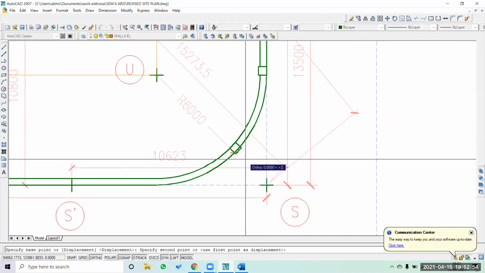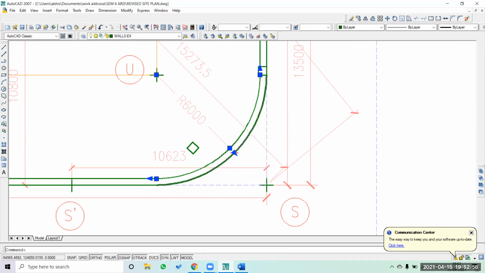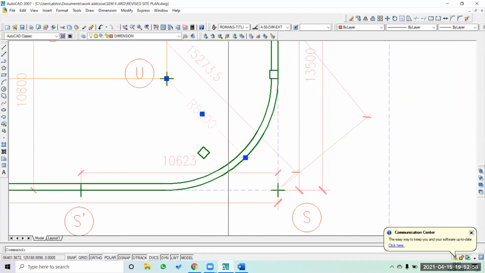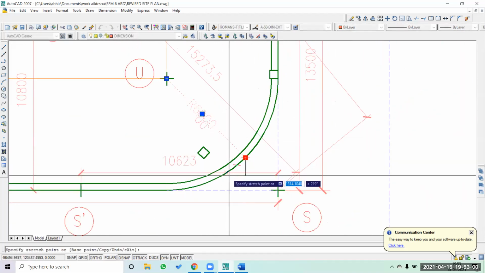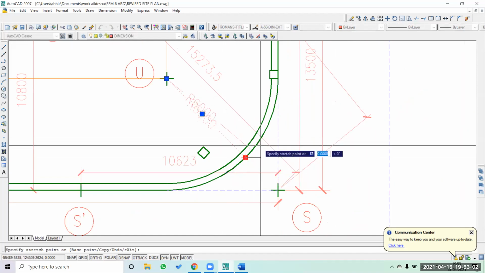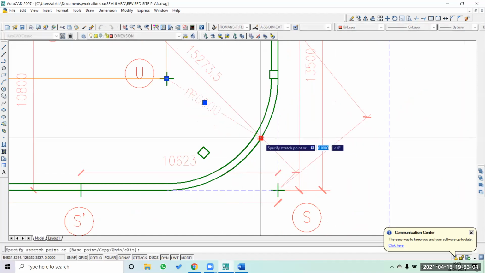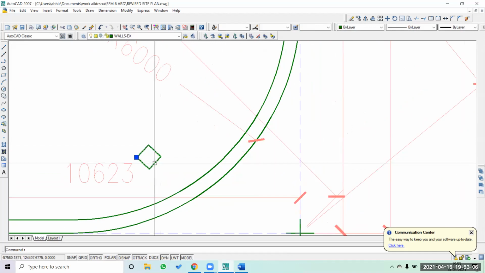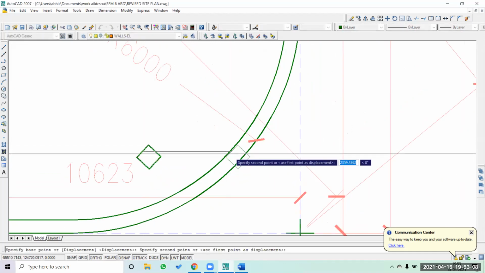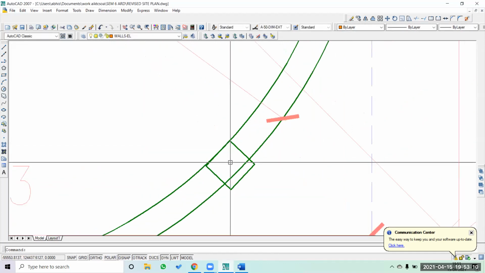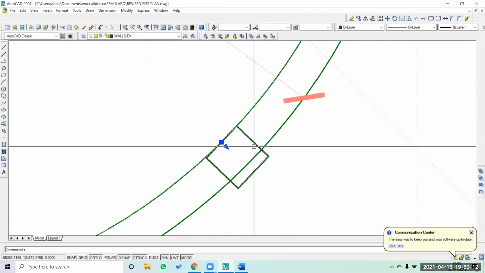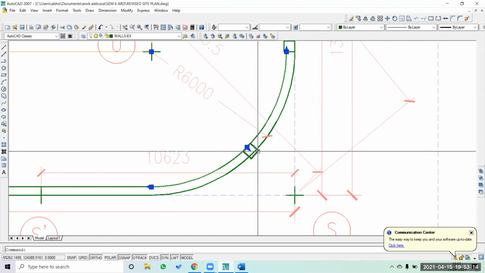Then make sure that you know the center of this particular thing, make it a little bit eccentric if you want, and put this particular column at the center of this arc basically.